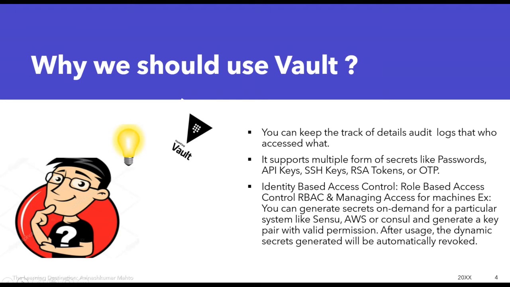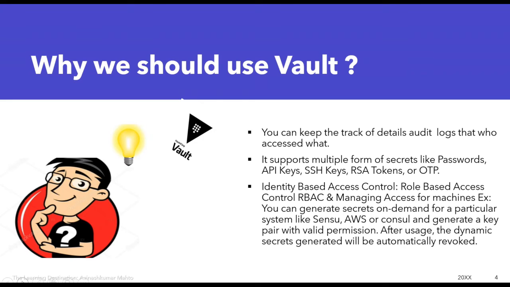One is the RBAC, role-based access control. The second one is that the RBAC is generally human-based, like we provide access to our team members. Some of the access is where we dynamically generate the tokens or the secret for the machines, and that's how Vault handles it. You can generate a secret on demand for a particular system like